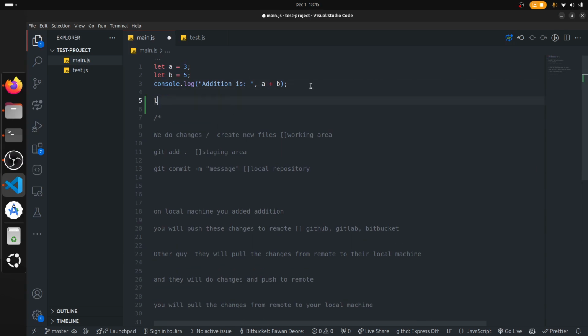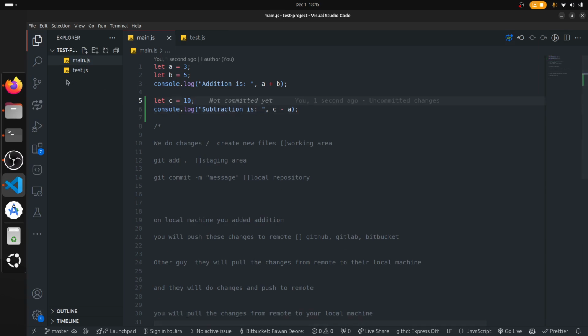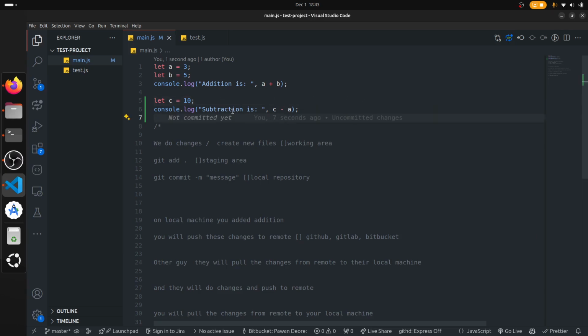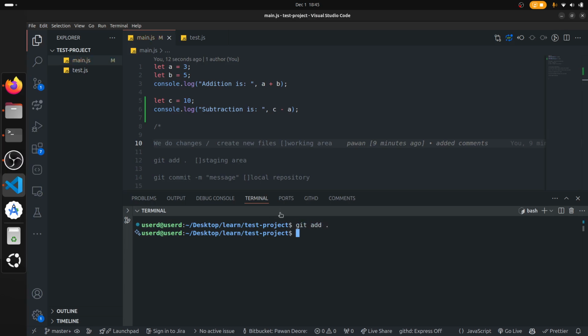So let's say let c equal to 10, and so now I added the subtraction here also, right? So think bigger, like in a bigger project you made lots of changes, 10-15 files. Think that I just modified 10-15 files. Okay, so I did that. Now what is the next step? Practice it. Practice will make it clear. Like git add dot, so add it to the staging area, then git commit -m